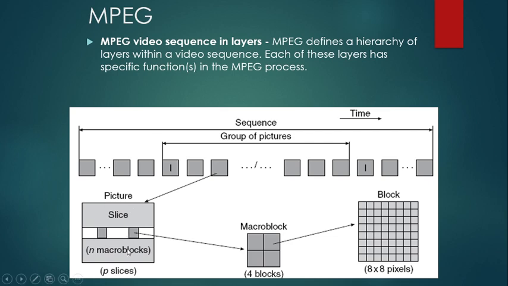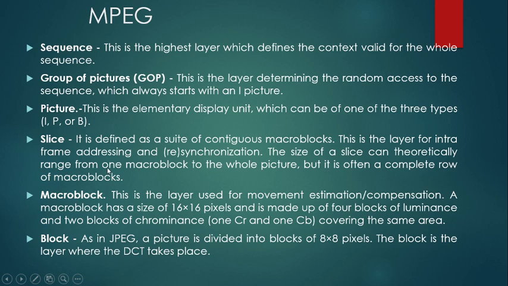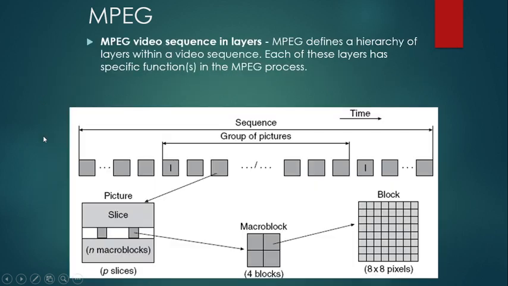Then afterwards you can have slice, macro block and block. After we have decided about the type of frame, that is the picture, we will have a slice before a macro block. Usually after the picture frame we come to the concept of macro block and block, but a slice can be called a continuous space of macro blocks that can be used for synchronization or addressing purposes. So the slice can also be called a continuous form of macro blocks, which is mainly used for synchronization between the macro blocks.